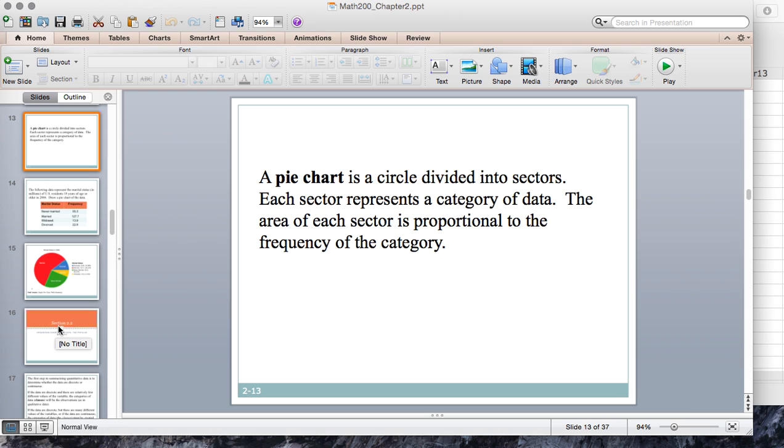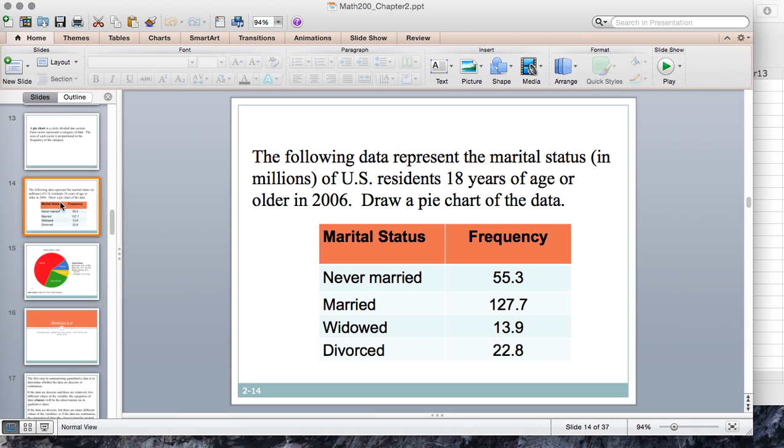Now, I know you've all seen a pie chart before. StatCrunch will also do this for us. A pie chart is just a circle that's divided into sectors, and each sector represents a category of the data. It's going to be proportional to the frequency of that category. So if we take a look at this data right here, we have marital statuses for 2006, with different frequencies,